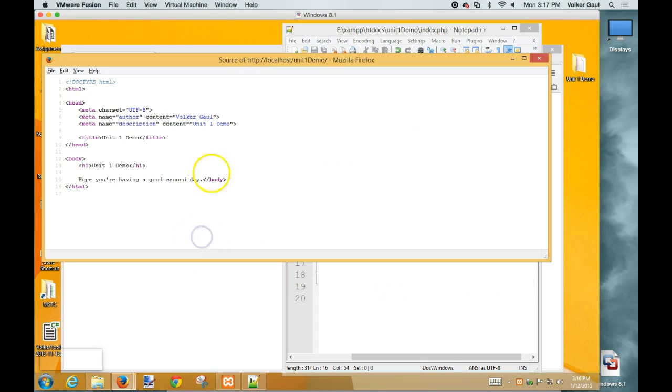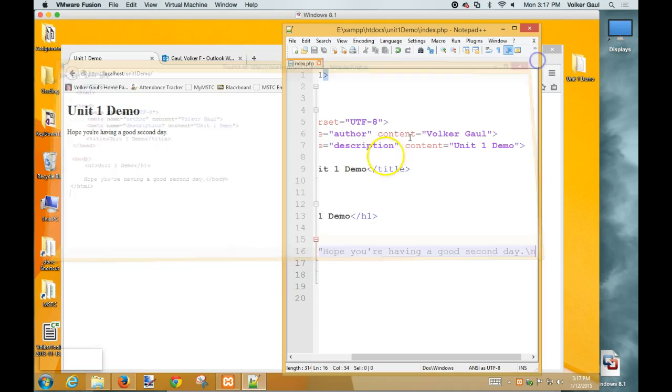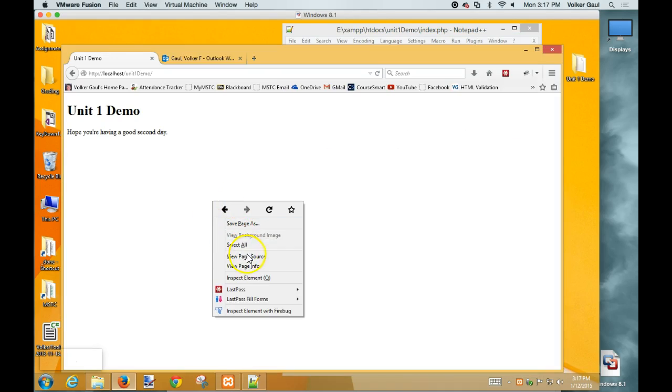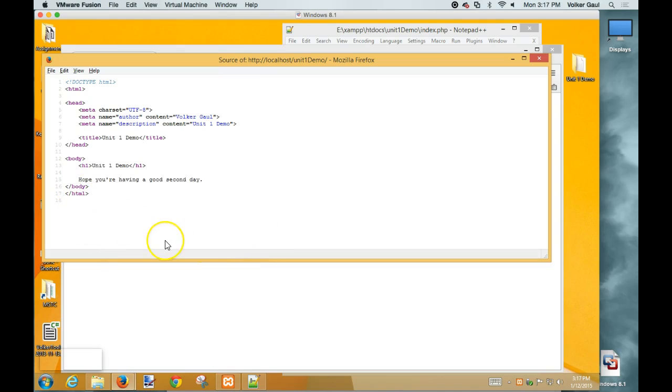Save it, close this, and refresh this page. Shouldn't change anything. But if I go back and view the page source, now my body tag's back down again. Does that matter? Not at all. Unless you're trying to read this to debug what the heck's going on and all your HTML's all squished, especially if you're building tables. Am I missing an end tag someplace? Hard to tell if they aren't